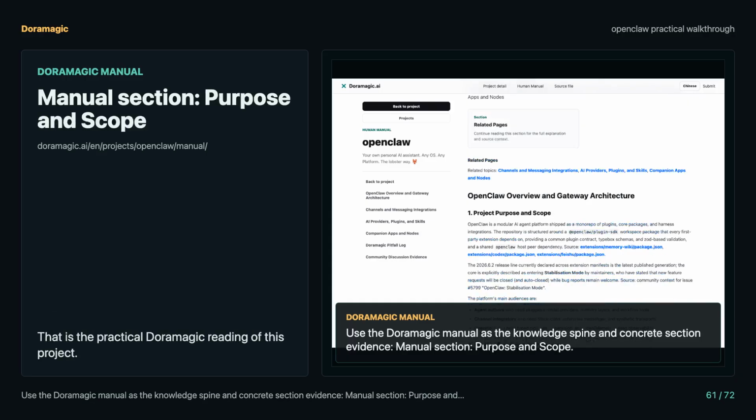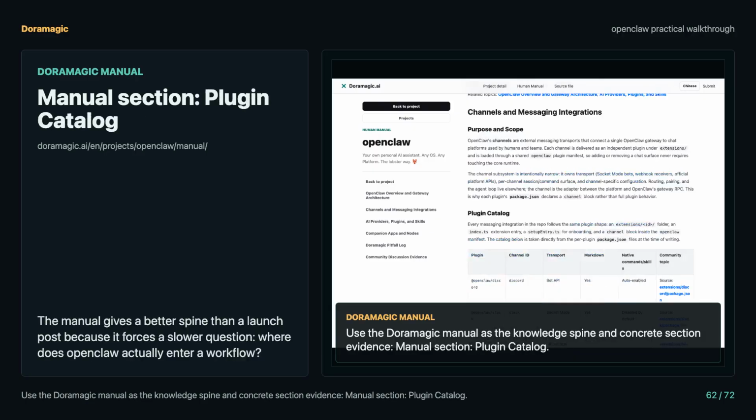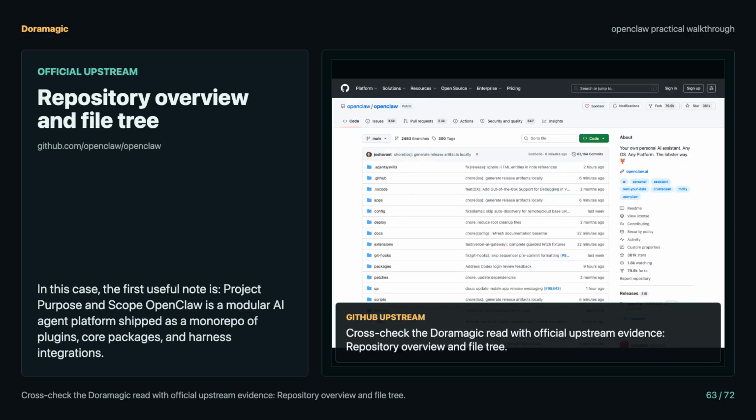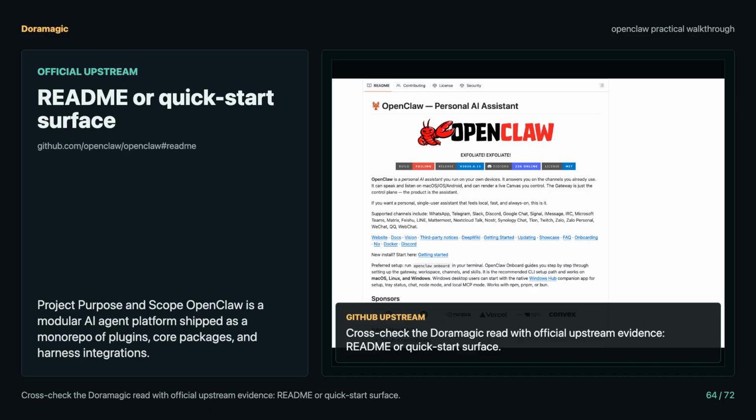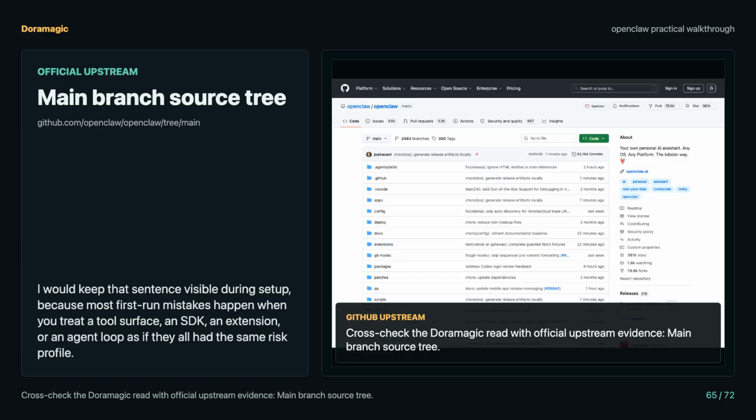Watch the failure that looks like success. The first failure usually comes from assuming the demo path is the production contract. Keep proof on screen. The repository is structured around a @OpenClaw/plugin SDK workspace package that every first-party extension depends on, providing a common